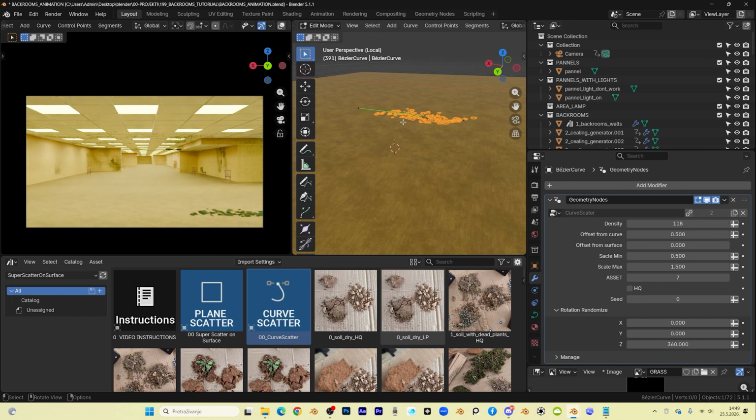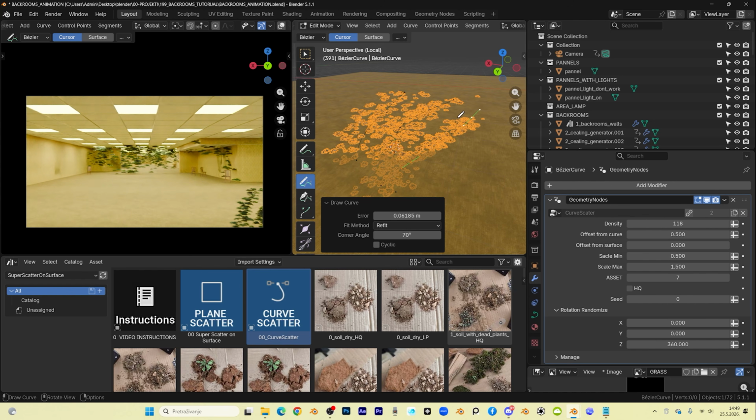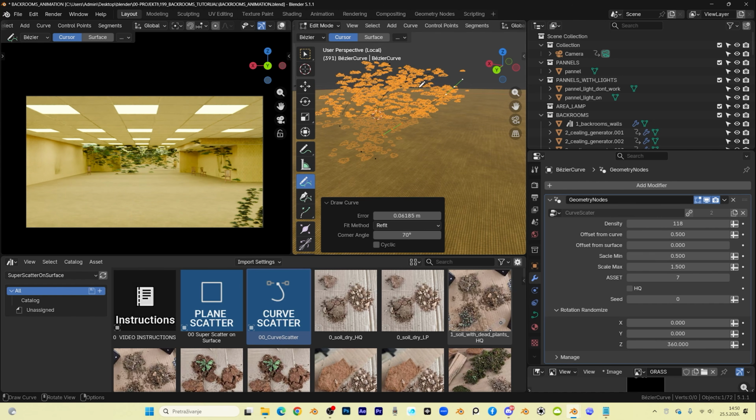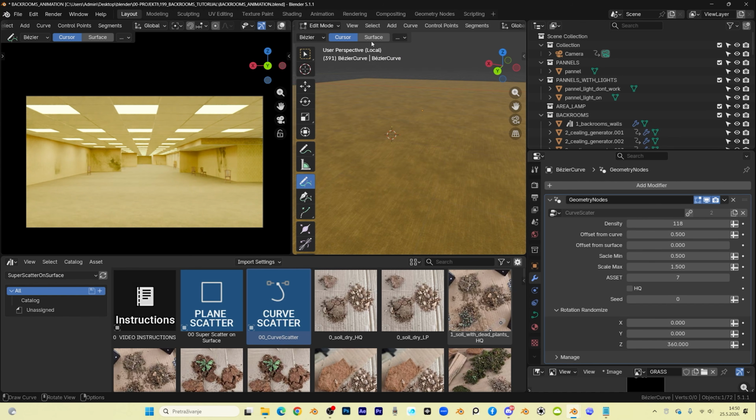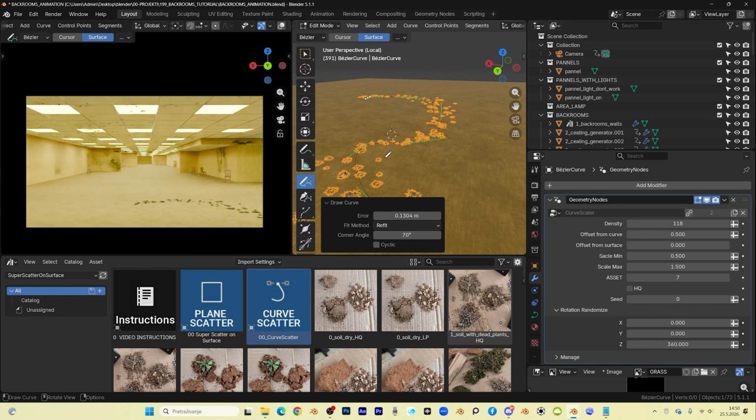You can play with this curve. This is not what I recommend. What I recommend is to go to edit mode, A, delete vertices. Now we delete this curve, but we are still in curve properties. You can see here. What we can do now, we can select this draw tool and we can draw this. Okay, but you can see that this is in 3D perspective, so we need to go Ctrl Z, we need to draw this on surface. So now we can just draw this,